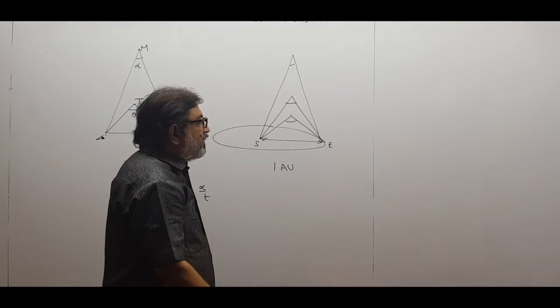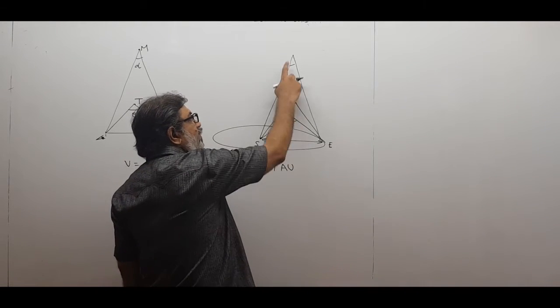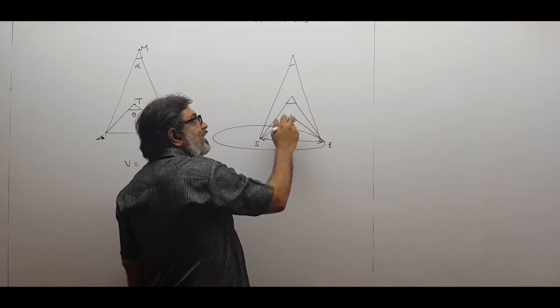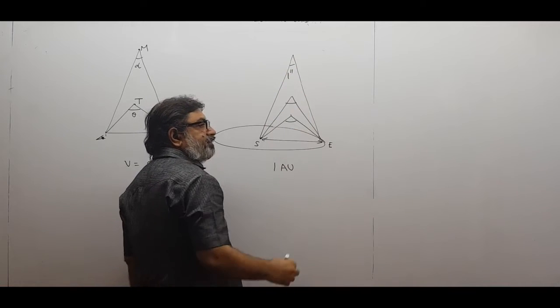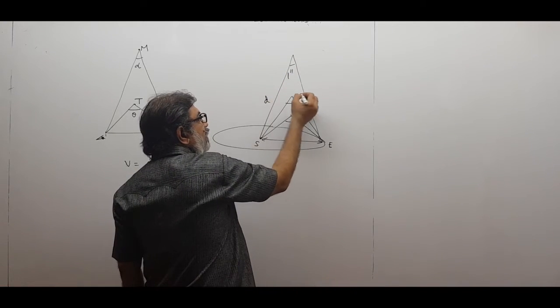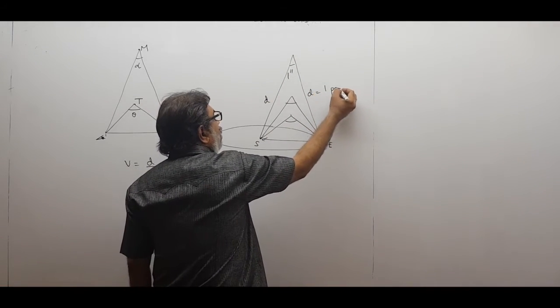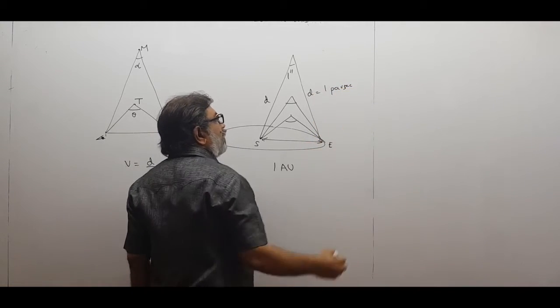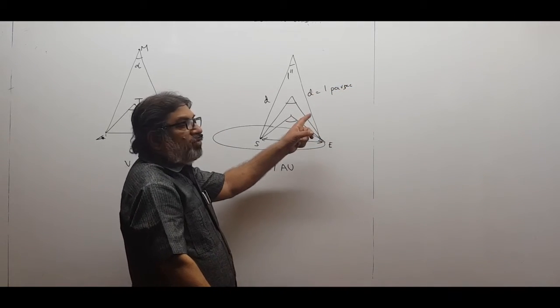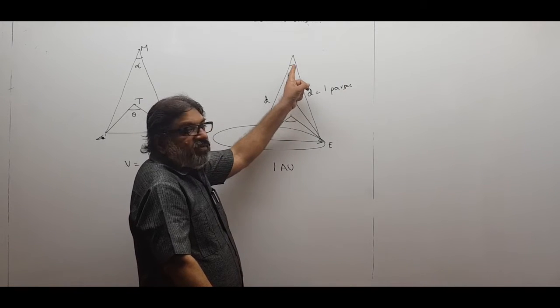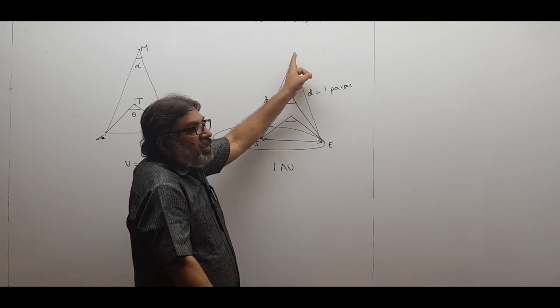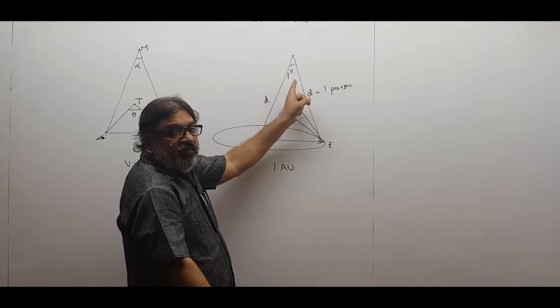Now what is 1 parsec? He wants to say how much distance we should move so that the angle over here becomes 1 second. And then whatever this distance is, this will be called 1 parsec. Please understand. So 1 parsec is the distance when we have reached such a great distance that when I see from here, the angle appears to be only 1 second.